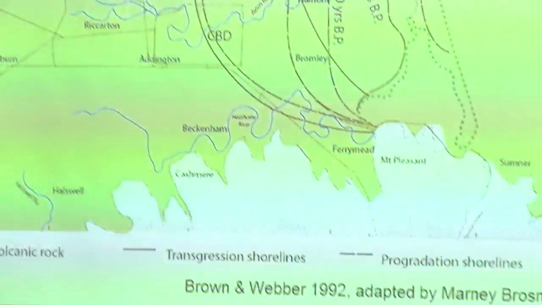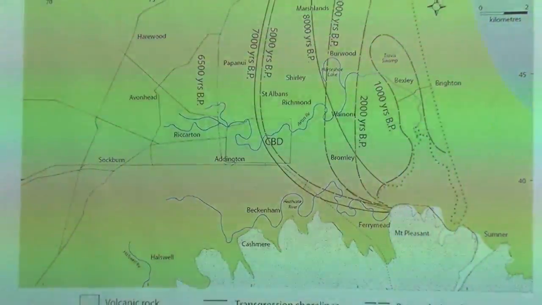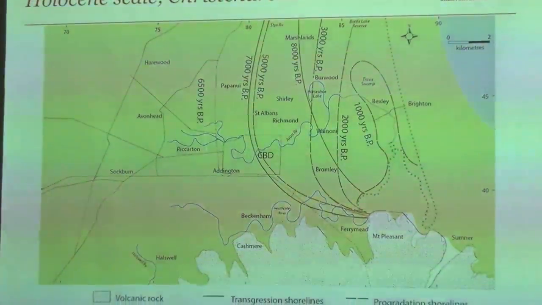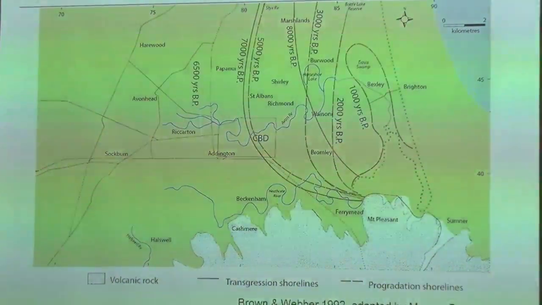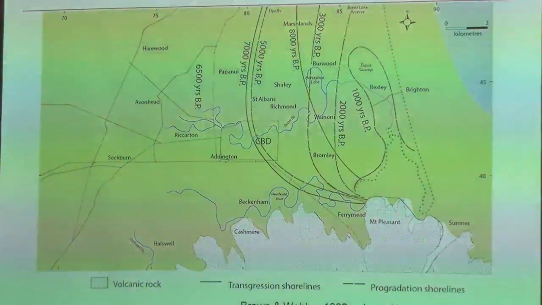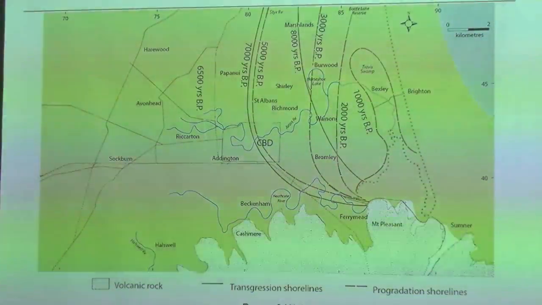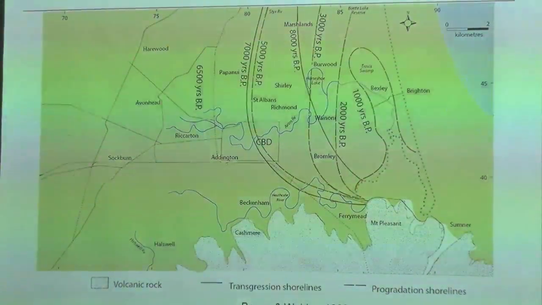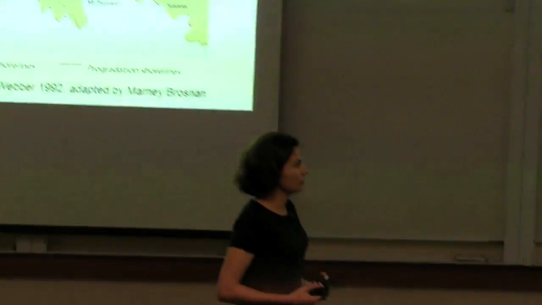If we go back over the Holocene, so away from our present timescale, and just look at how our coast has responded over Holocene timescales, just as a snapshot to see how incredibly dynamic our coast can be. We sort of think of land as a pretty permanent surface that we're here in today, but it is very contemporary, very recent, and very dynamic in the past and potentially in the future.